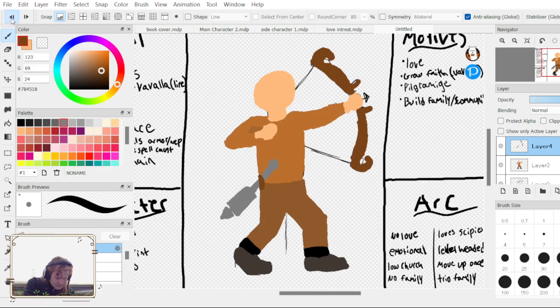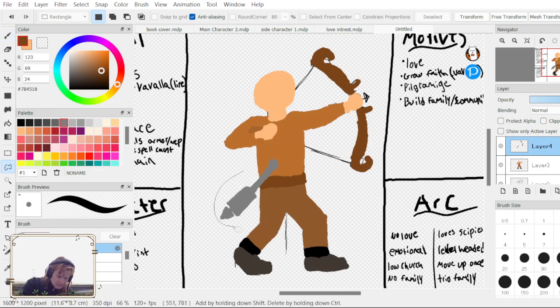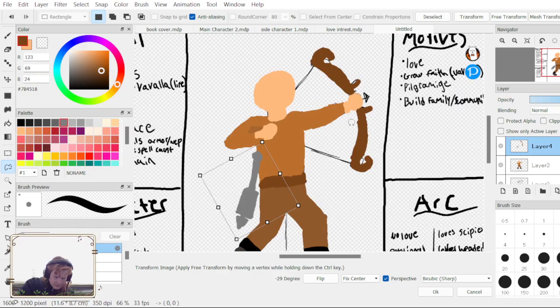Whoops. Wrong layer. There we go. Do you think that if this was actually hanging off someone, that.